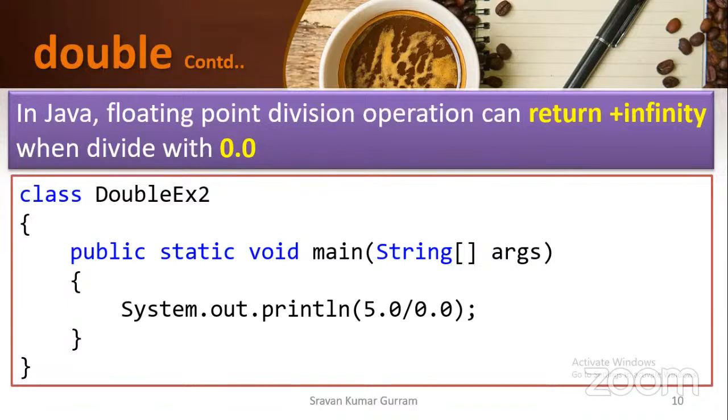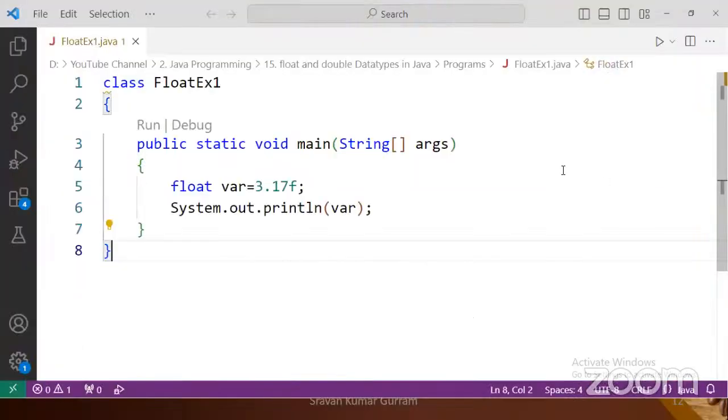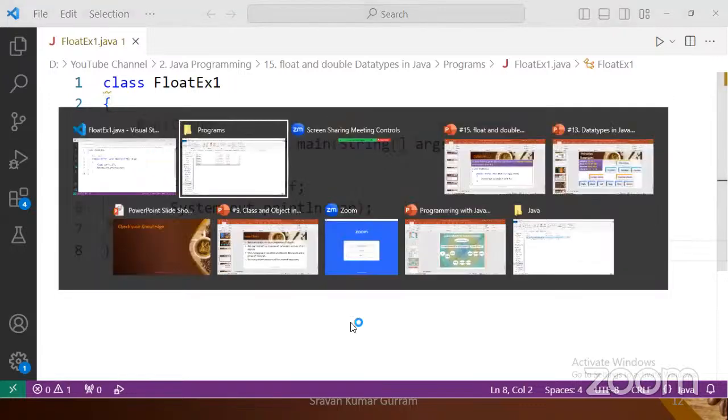This is one more important point. In Java, a floating point division operation can return plus infinity when we divide by 0.0. Any floating value, if you divide it by 0.0, we will get infinity. That is a very interesting point. I will show you that. So the program name is